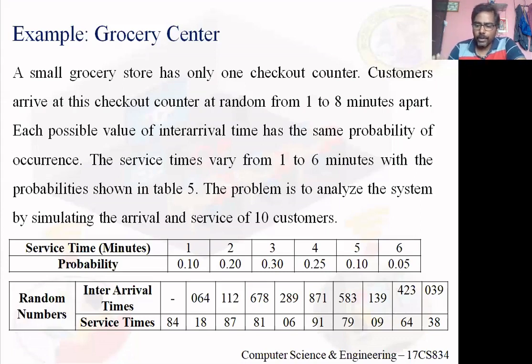So the first thing is you need to know those 9 inter-arrival times and 10 service times. This is very important. Listen, the first and foremost thing in this case is that you need to identify those 9 inter-arrival times and 10 service times. Because I gave 9 random numbers for inter-arrival times and 10 random numbers for service times, these random numbers should be translated into the values for inter-arrival time and service time. I'll tell you how to solve.